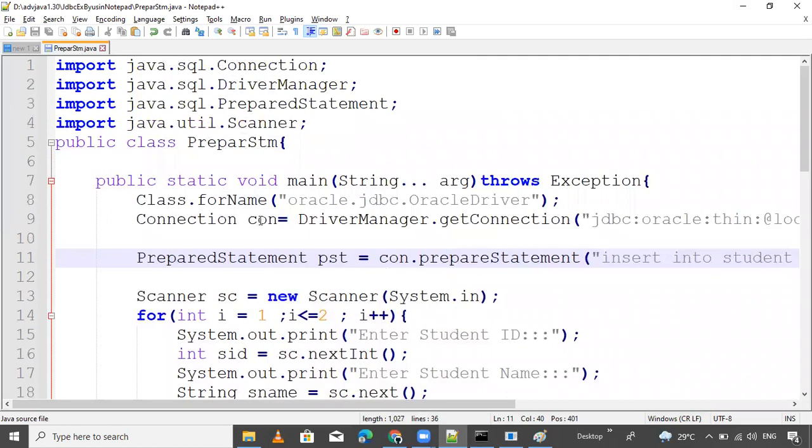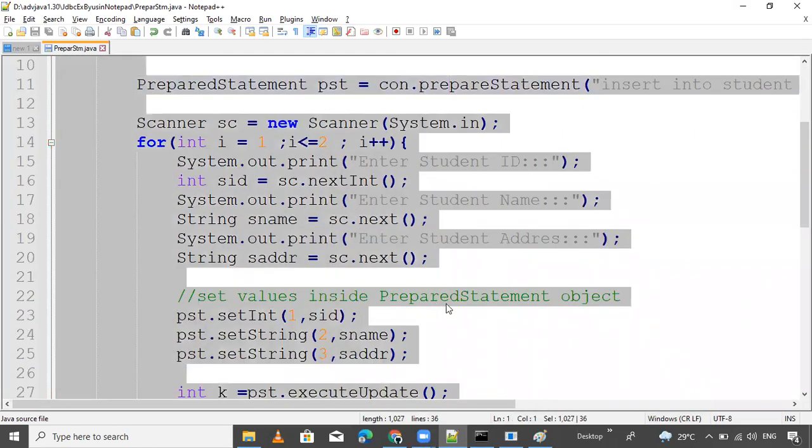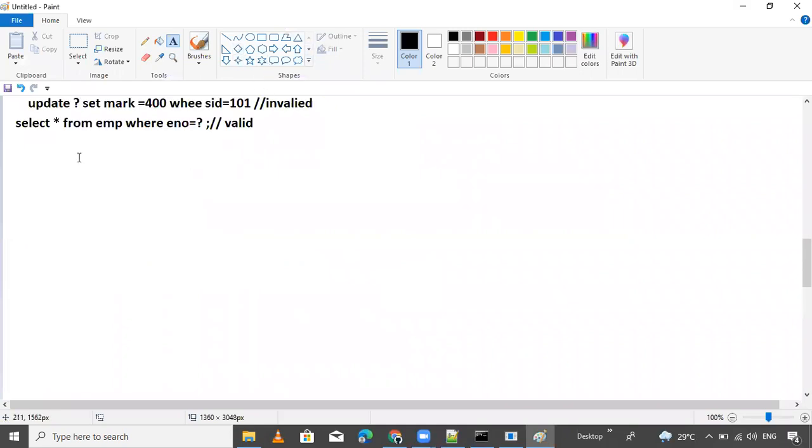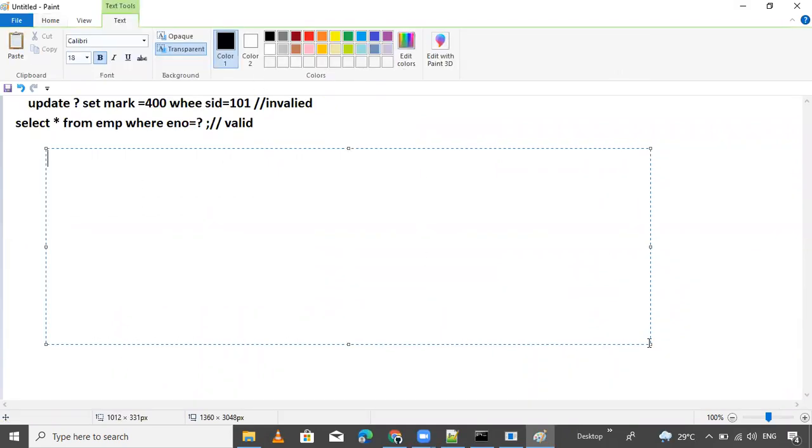This is the example. So now this example I'm pasting here, on this page. What statement do I want to write?